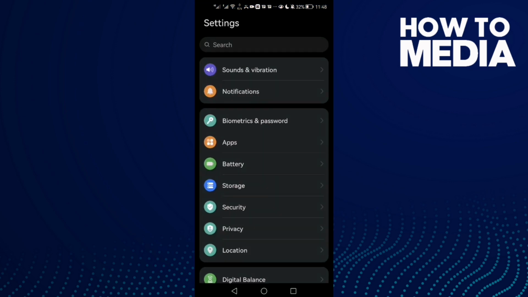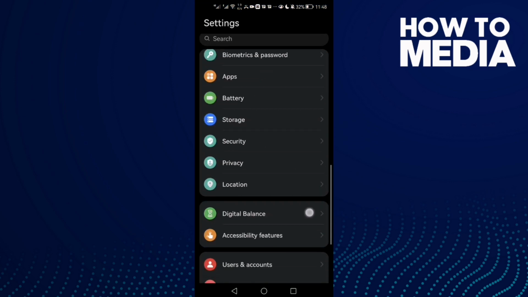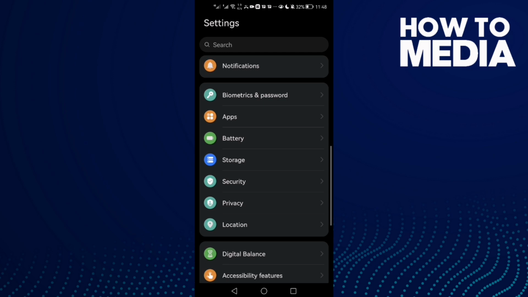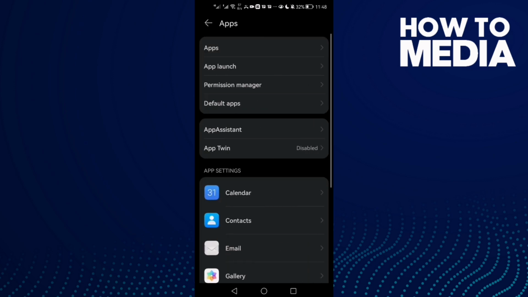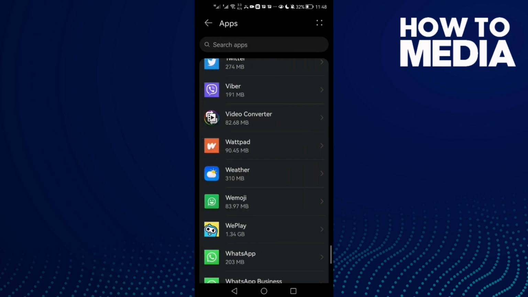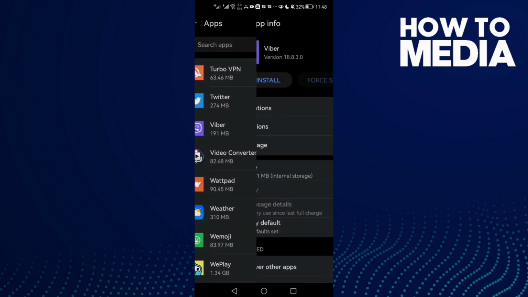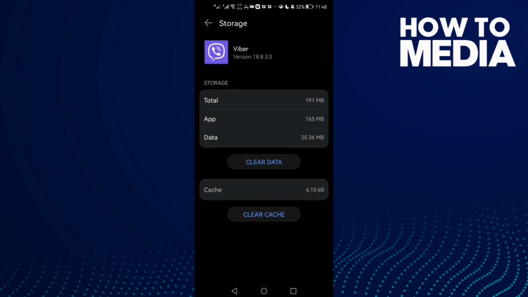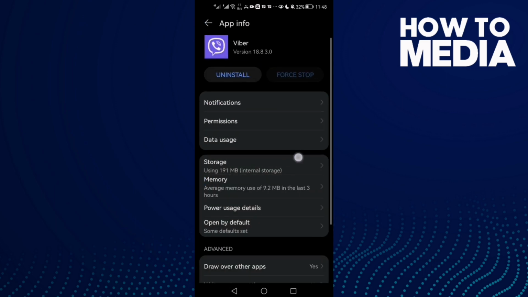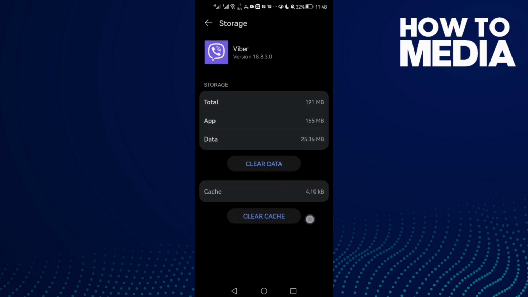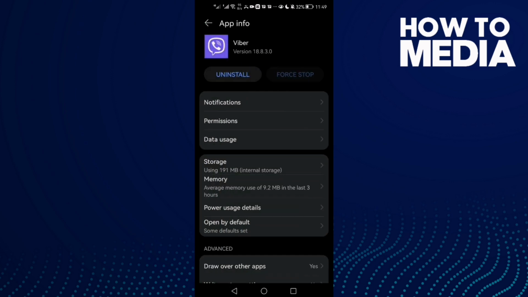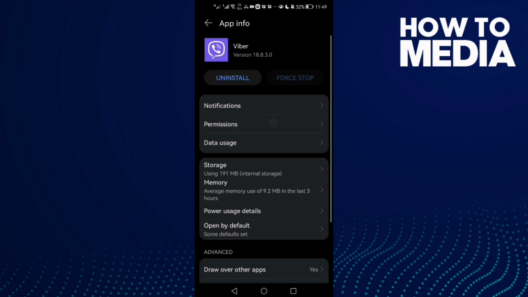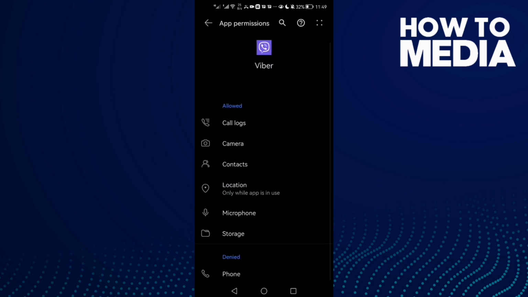First open settings and now scroll down until you find Apps, and now click Apps again, and here click Viber, and now click Storage, and then click Clear cache, and then go to Permissions and check